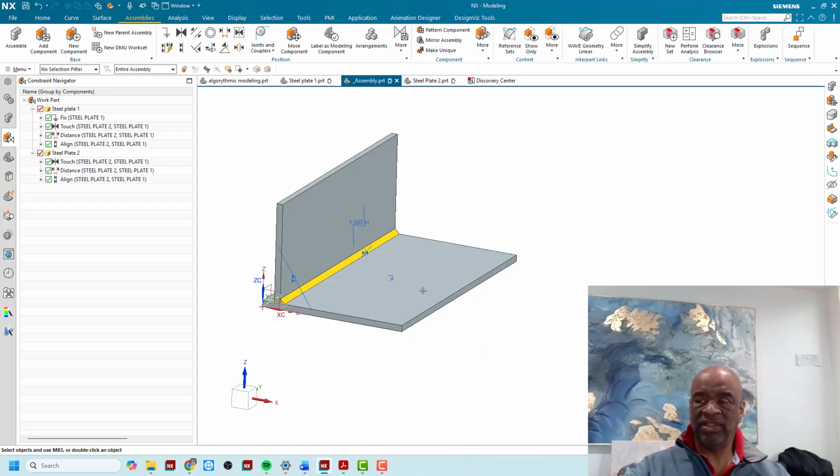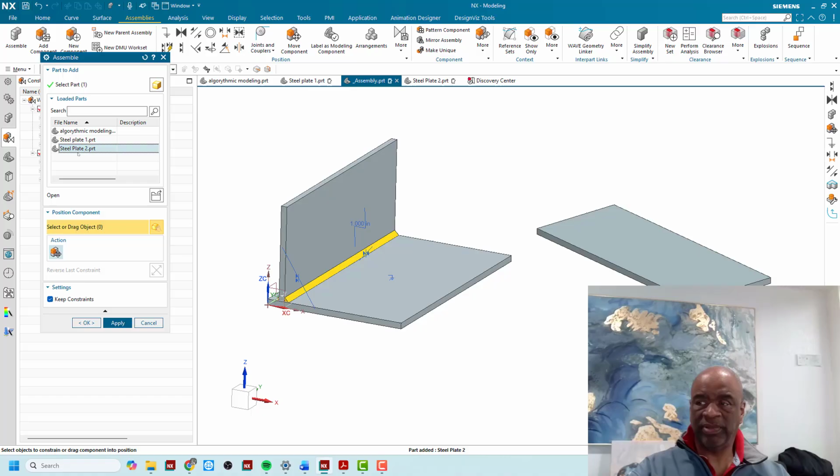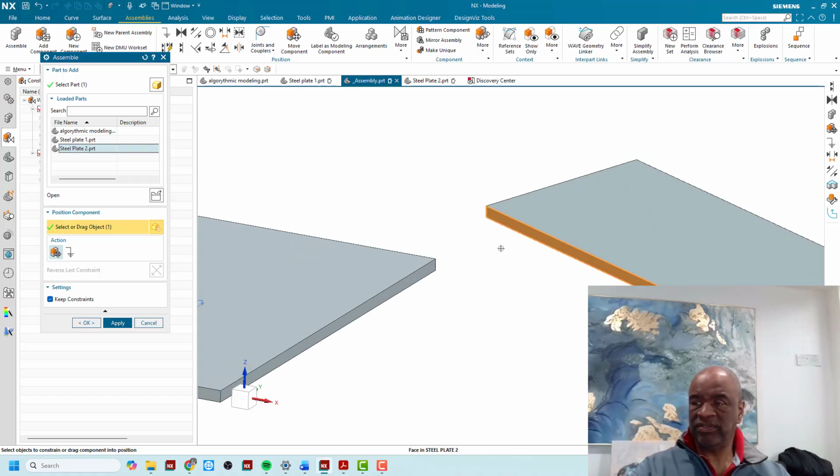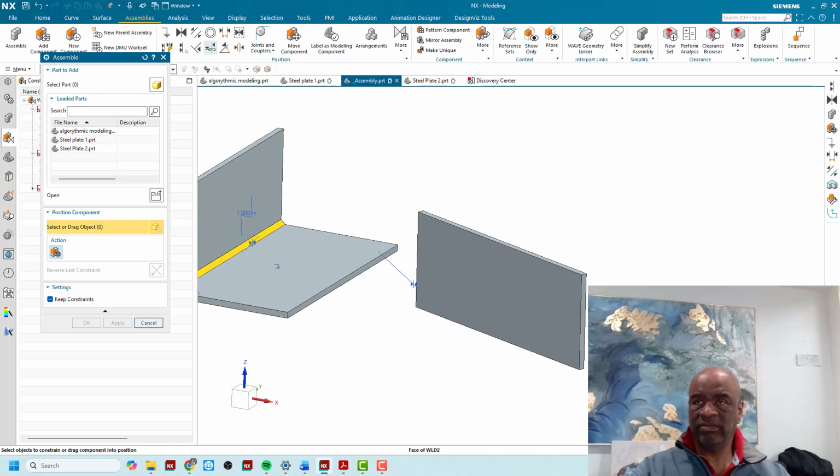I'm going to bring in yet another one. So I'm going to say assemble. Let's say steel plate 2. I'm going to put this face on that face. I'm going to hit apply. I'm going to align